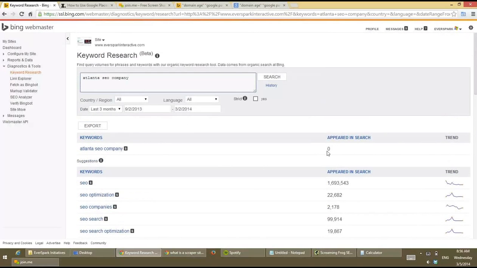Yeah, it's interesting that it claims that 0 searches were for Atlanta SEO Company. And I think it's a relatively low search volume in Google. It is. It's under 10, I think. Yeah. So perhaps because it's such a low search volume in Google, when it goes to Bing, only